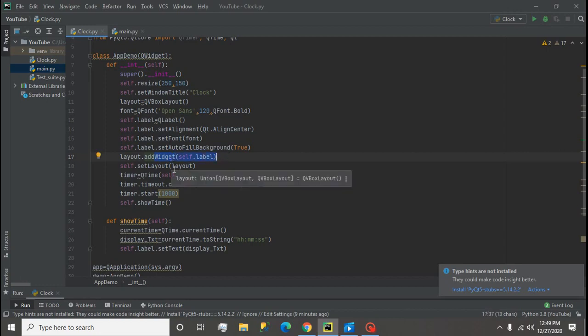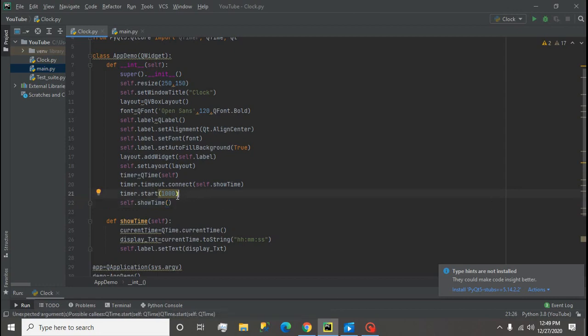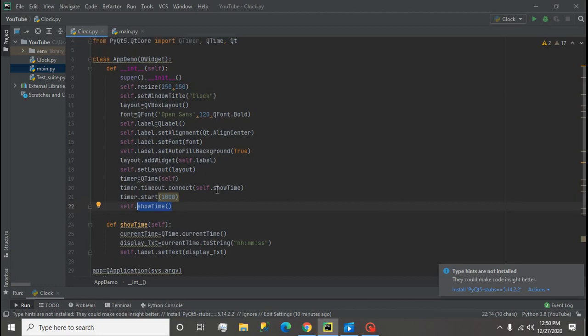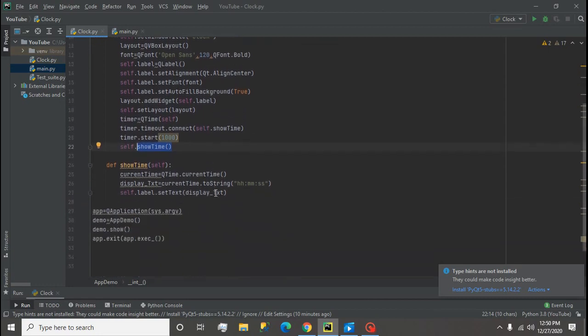Then we set the layout also. Then QTimer, show time every 1000 milliseconds. And then self dot show time also we are calling. Okay, so far it is correct.